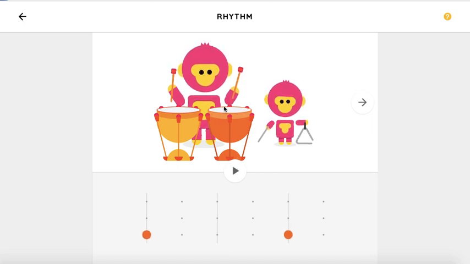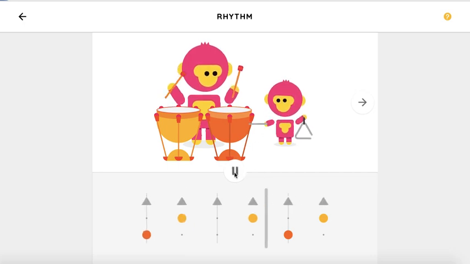I'm going to hear an example of this little cartoon monkey playing timpani. So that is going to correspond with these notes. And then I have my middle sound here and my triangle up top. So let's hear that. Ooh, all right, cool. So you'll notice that in each of these different pages, there are a different number of